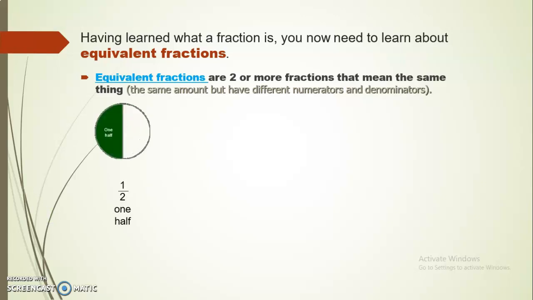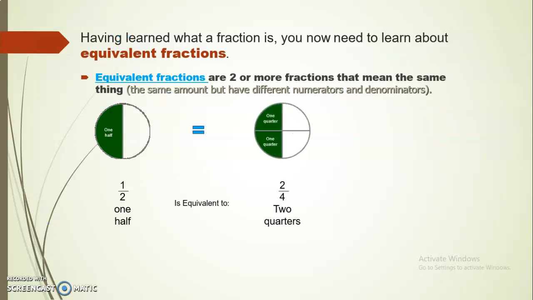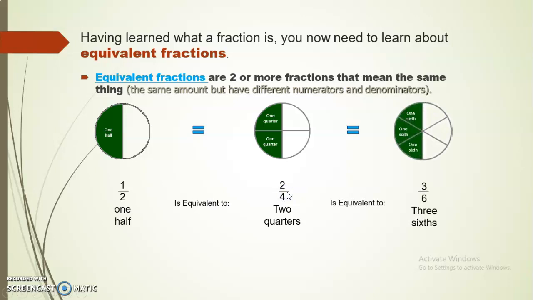Let's see. Here I have 1/2. 1/2 is equivalent to 2/4. When I divide this half into two equal parts, it gives me 2/4. They have the same amount, the same value, the same shaded part, but they are different in numerators and denominators. It is equivalent to 3/6. So 1/2 is equivalent to 2/4 is equivalent to